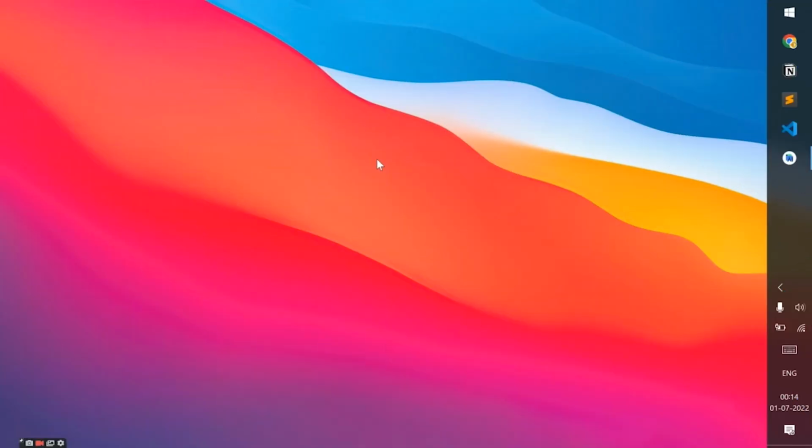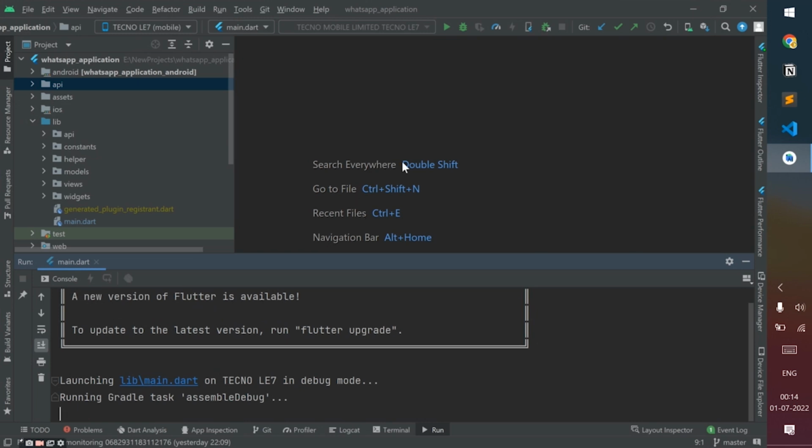Hello everyone. So we are on our laptop and let me just open up my Android Studio. And now as you can see, this is the complete project. I have added some new folders that we'll talk about in a moment. All right,